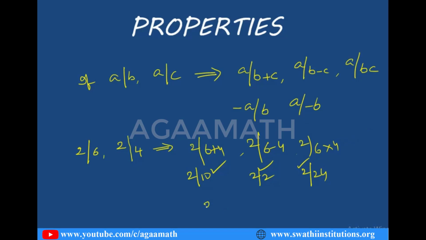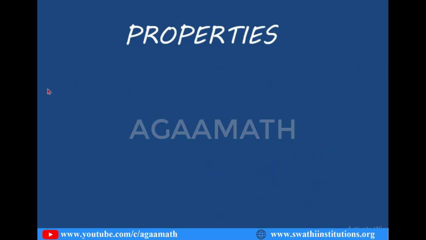And 2 divides minus 6 and minus 2 divides 6. All are true. So if A divides B and A divides C, then we can write A divides B plus C, A divides B minus C, A divides B into C, minus A divides B, A divides minus B. Once again,